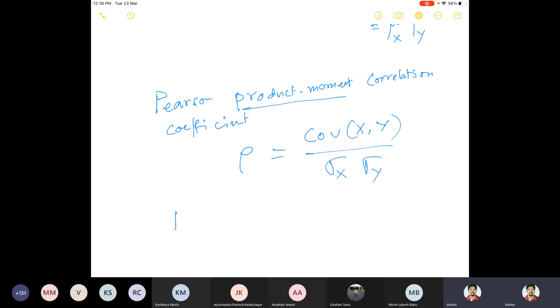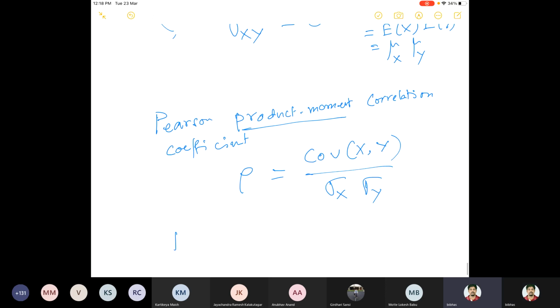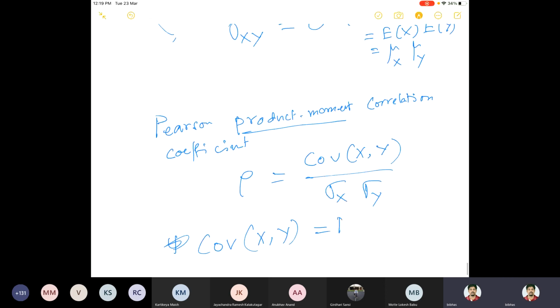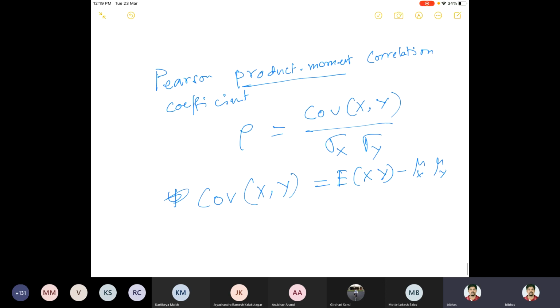So this plays a big role. We have proved that the covariance of xy was mu xy, that is, E of xy minus mu x mu y. This is what we proved yesterday. If that is the case, then using rho you can just say, using the definition,